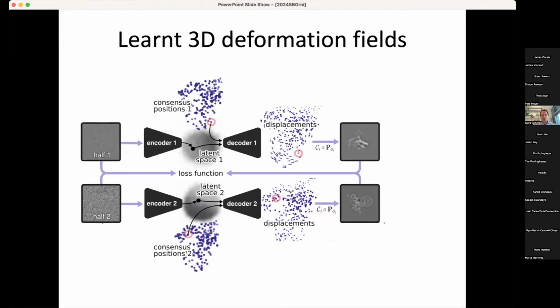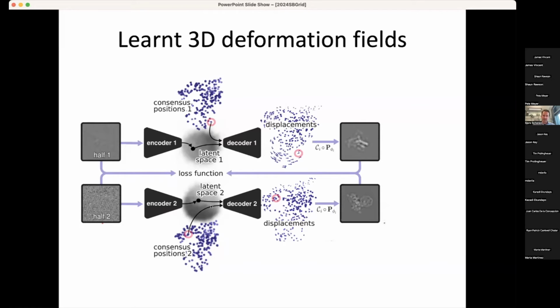We have an encoder that maps individual images into a latent space, and then a decoder which predicts deformations on these 3D Gaussians. These deformations are then applied to a consensus model of the Gaussians, and then using a forward model that includes a projection operator and the CTF, it predicts the image, which is then compared to the original image, and that loss function is optimized when you train the VAE on the whole data set.